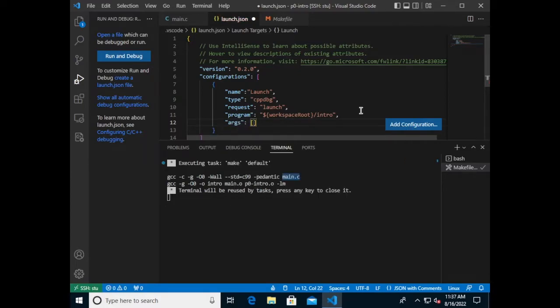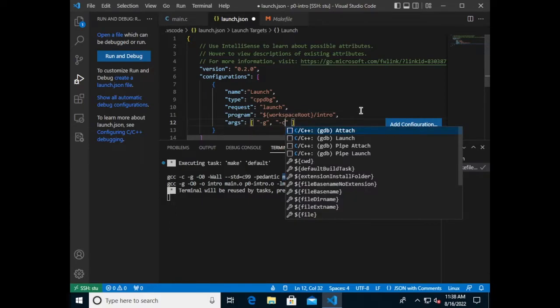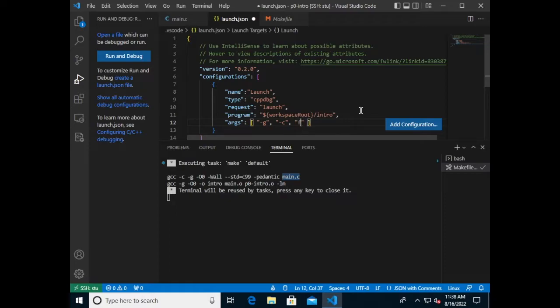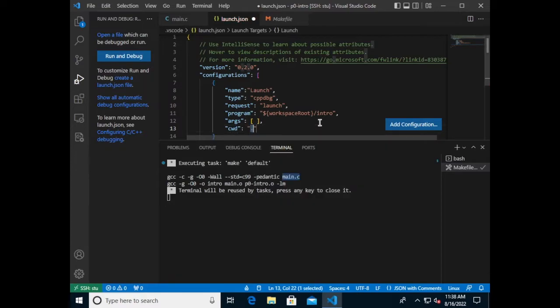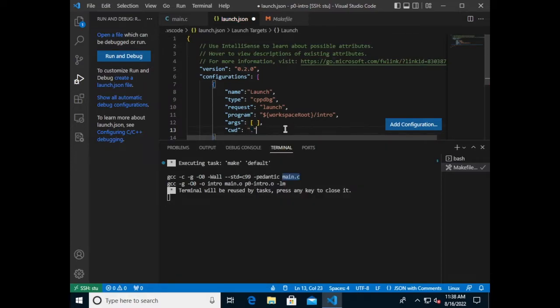There are no arguments for now, so we'll just leave this empty, but once we start having arguments, for instance the -g for the goodbye mode, the arguments would go here, and if we had more than one of them, we would specify them by separating them with commas. But for now, we're not going to pass in any parameters, so we'll just leave that empty. And then we need to set our working directory, and we'll accept the default there.